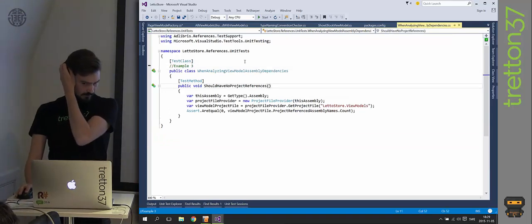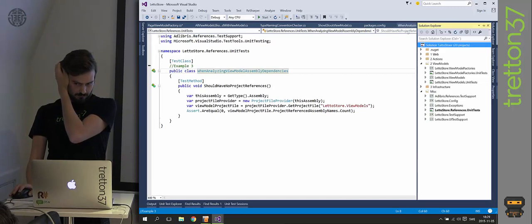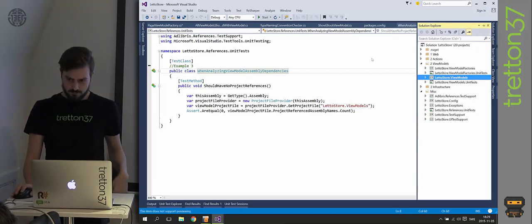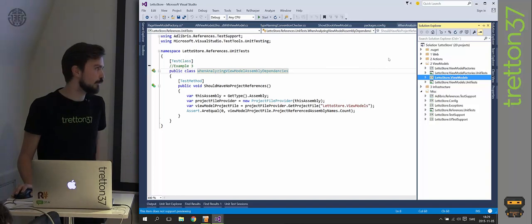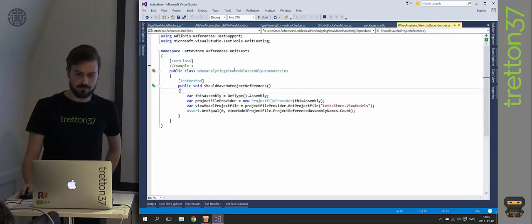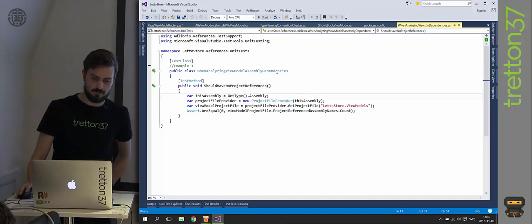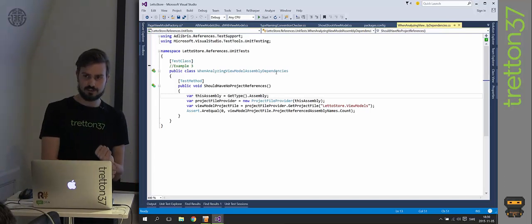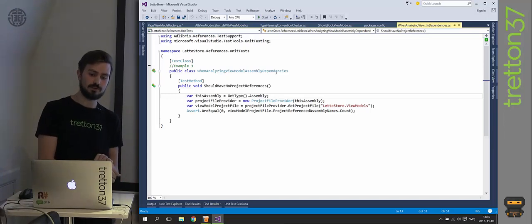So when we're analyzing the view model assembly, which we have, let's see, we have a special assembly for our view models, and we say it should have no project references at all. So how do we achieve this? You could try to do it with reflection, seeing what kind of references this assembly has. But the problem is that to get all dependent assemblies into the app domain, you have to actually use code that needs them, because they're not going to be loaded once the application starts. And we don't actually want to run any code just to know if it's